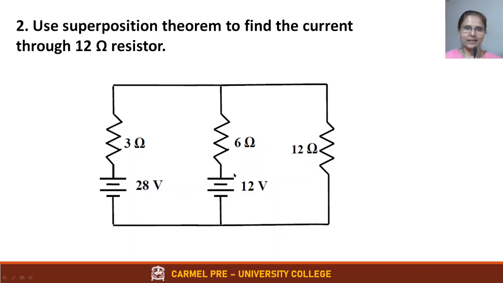You are used to seeing this in the last branch. So you can always replace, you can put this in the middle, you can put this in the end, still the circuit is the same, and go ahead and simplify how I have shown you in the second example. Okay, and tell me what is current flowing through 12 ohms using superposition theorem. This kind of problem only will be given in the final examination. So like I told you, you have to solve the same problem, go through the steps again and again until you understand clearly. Then you will get good at it.